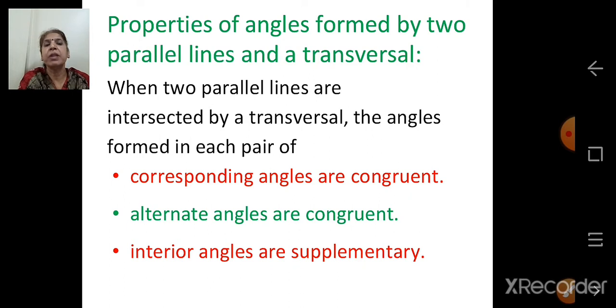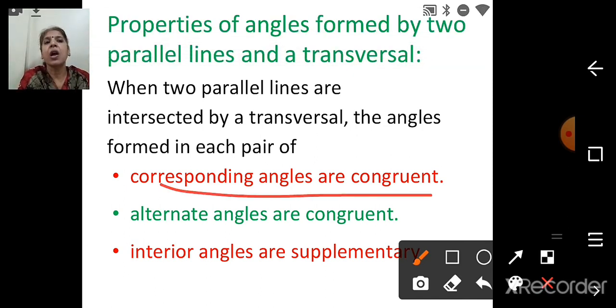Now, we have to study the properties of angles formed by two parallel lines and a transversal. Now, what are parallel lines? Lines which do not intersect each other and are in the same plane. And how many angles are formed? 8 angles are formed. So when two parallel lines are intersected by a transversal, the angles formed in each pair of